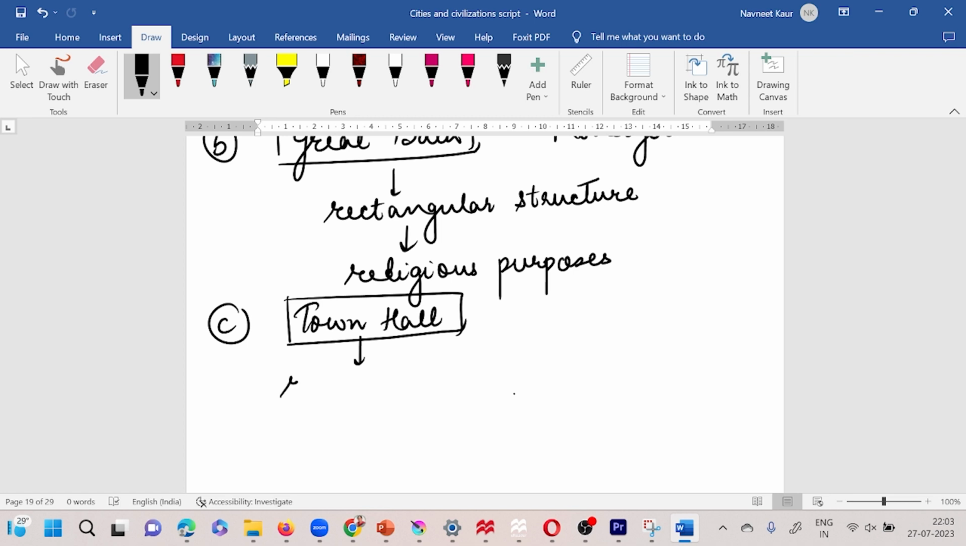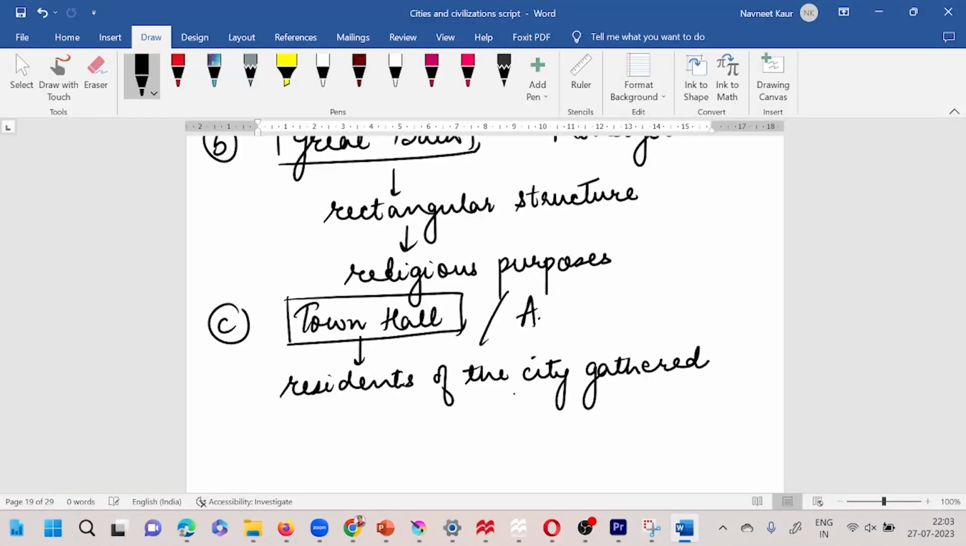So in the town hall, the residents of the city gathered for taking some important decisions. This was also known as the assembly hall, town hall or assembly hall. So it was probably used by the residents of the city for gatherings, and they might be using it to